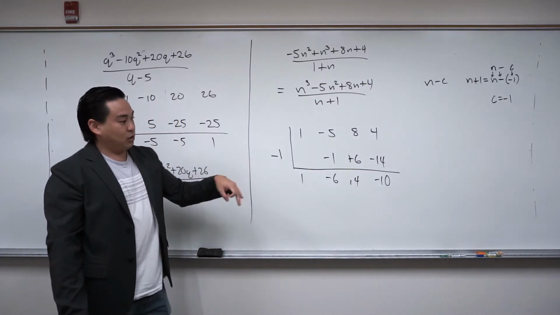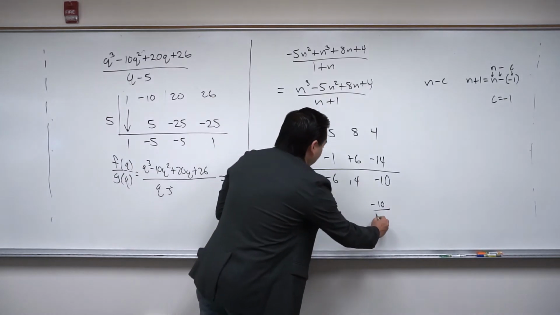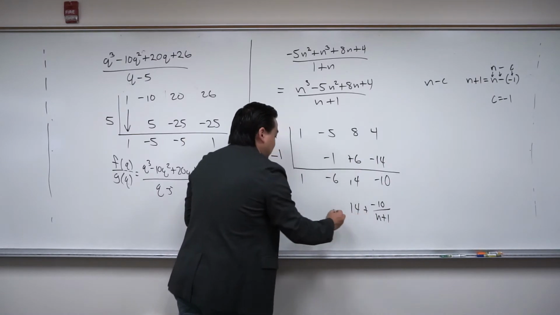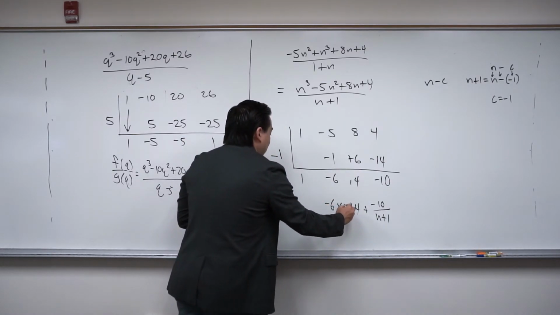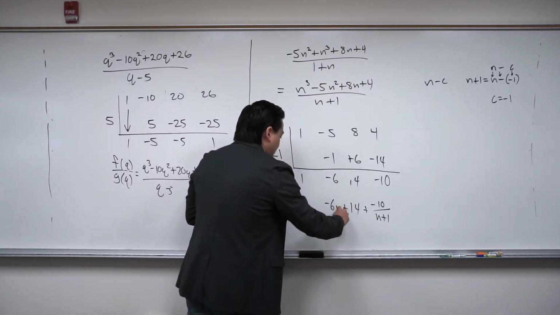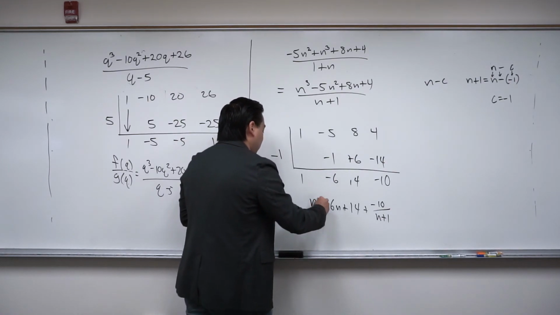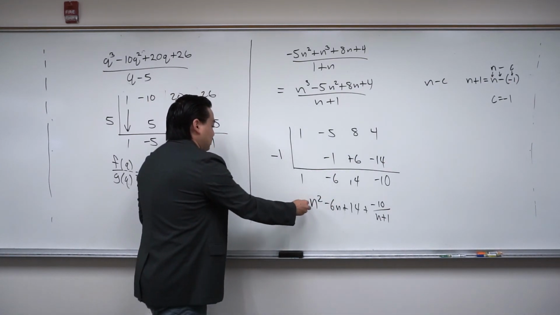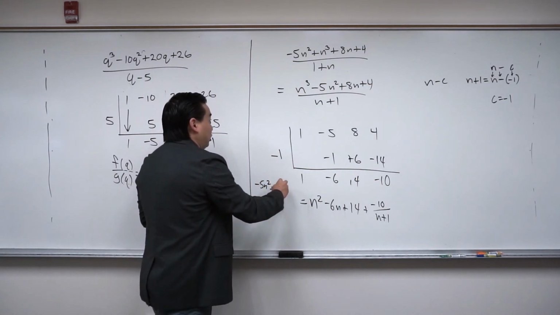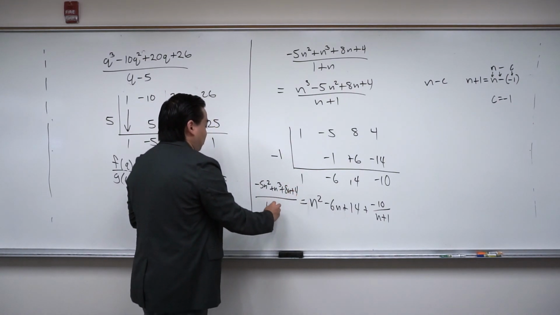So we're going to start on the right-hand side, which is negative 10 divided by n plus 1. 14, constant, negative 6n, and then n squared. And this is negative 5n squared plus n cubed plus 8n plus 4, all divided by 1 plus